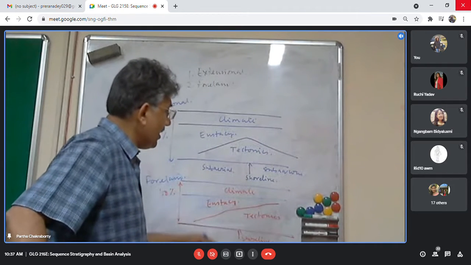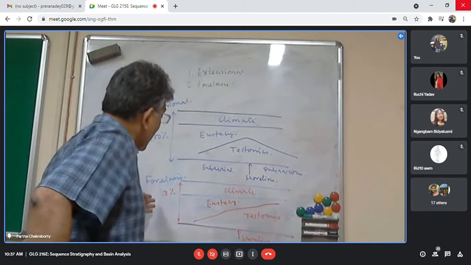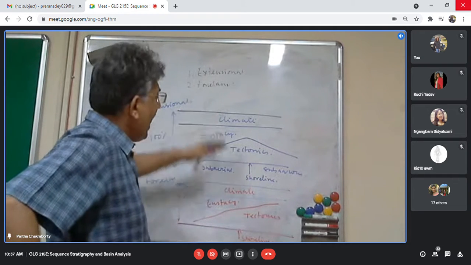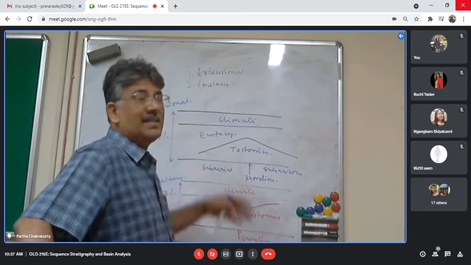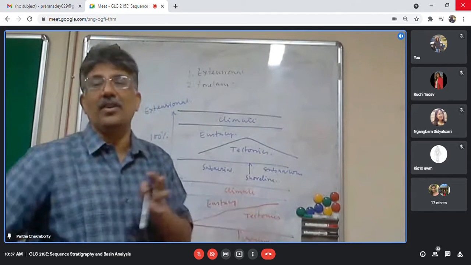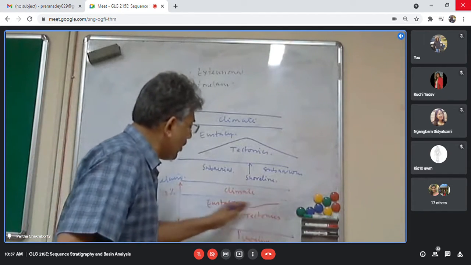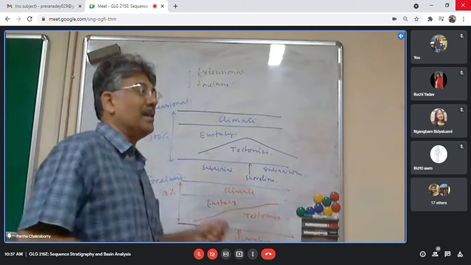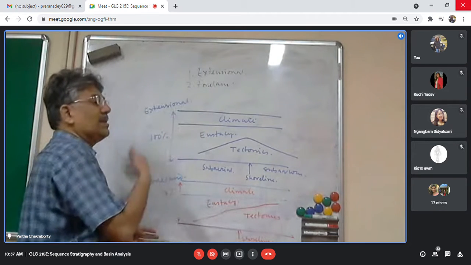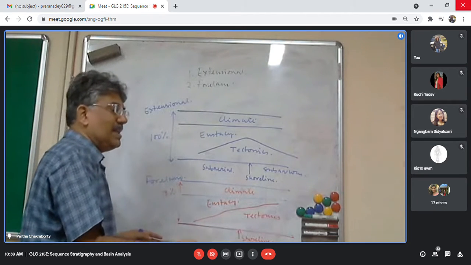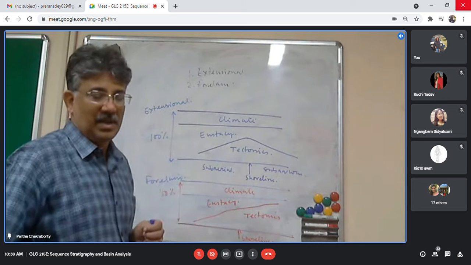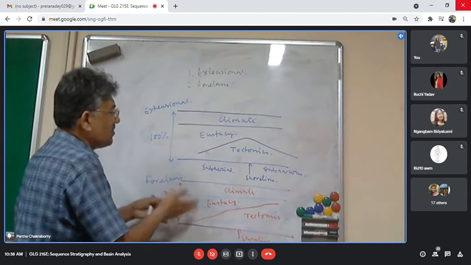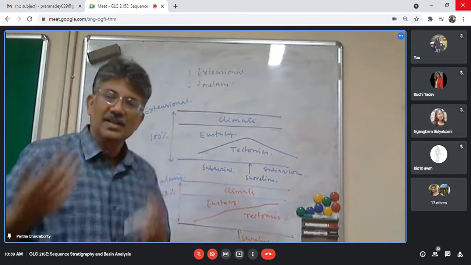But what will happen when you have a collisional land situation? Everywhere climate has its own role to play, and tectonics and eustasy do balance at different rates at different parts of the basin. Now in a foreland basin, you get the maximum subsidence in the proximal part, because that is where the load is, and the load-related flexural subsidence, the flexural rigidity of the plate, causes the proximal part to have the maximum subsidence, that is, the maximum accommodation that will be generated.